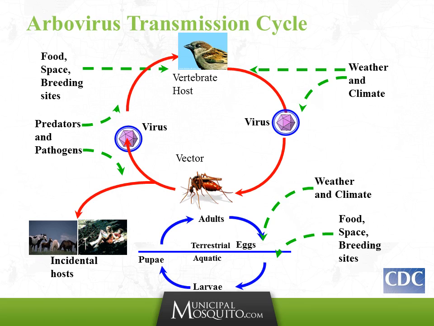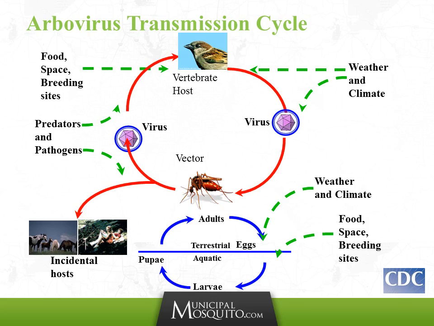Here's a slide of the arbovirus transmission cycle. Of course, the English house sparrow was chosen as the vertebrate host very appropriately. As that mosquito bites that infected bird, she then becomes infected, so that any other bird that she bites becomes infected and continues the cycle throughout. Occasionally, by accident, she may bite a human being or a horse, thus infecting them with West Nile virus or